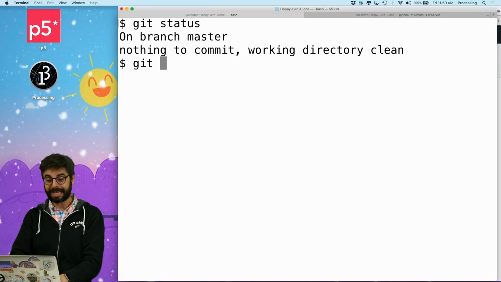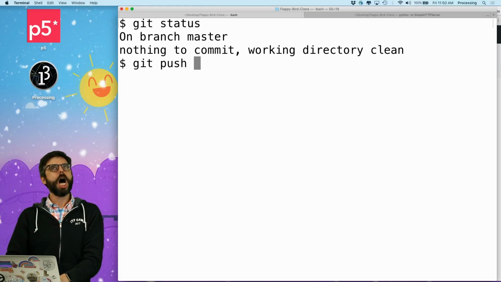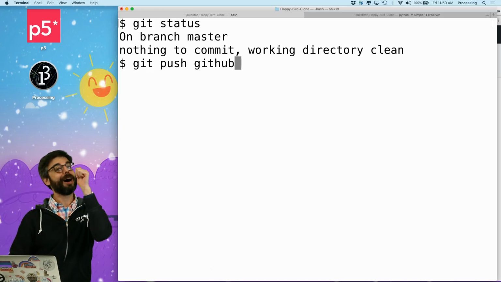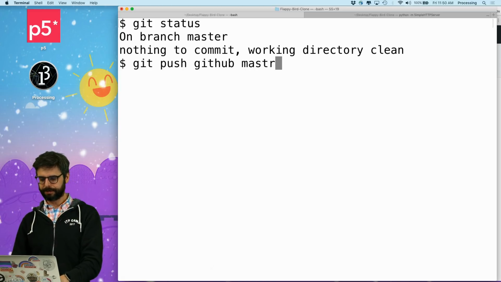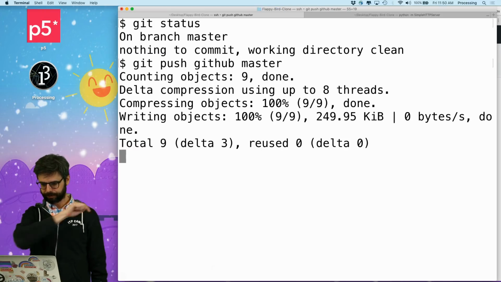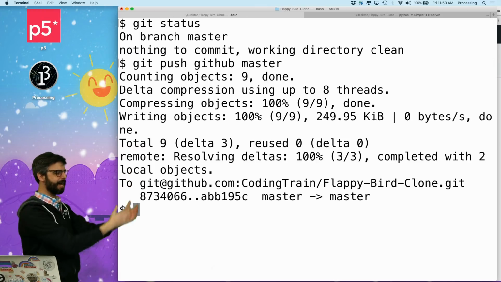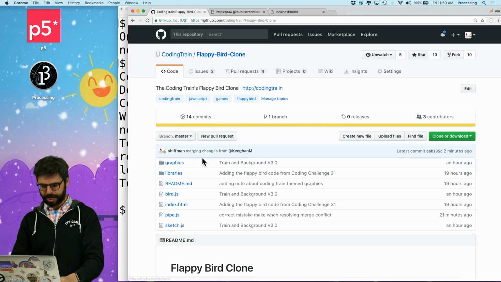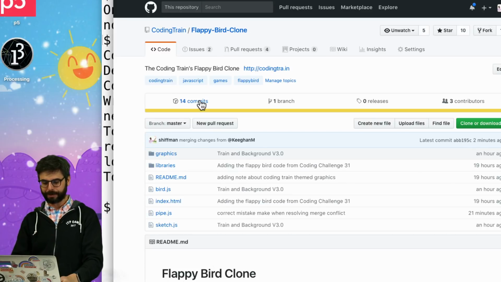So I'm going to now say git push. I'm not going to say origin, because I renamed it to GitHub master. And if I do that, now I have sent that up. I'm going to hit a refresh here, and I'm going to see, look, all of those changes from Keegan M